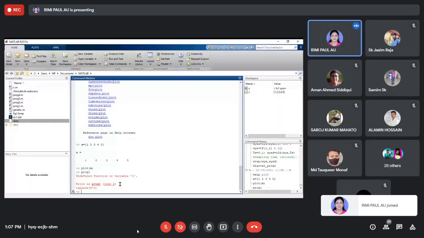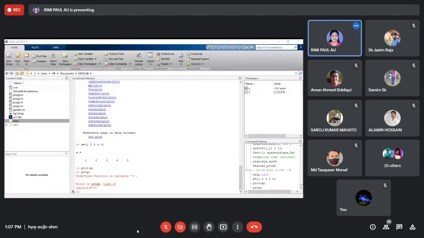Every time I have to share. So you can see what is written: undefined function or variable t, error in program line 2. So it is the main facility that wherever the error is present, it will be mentioned and you have to check what the problem is. So t is not defined. I have to define t.